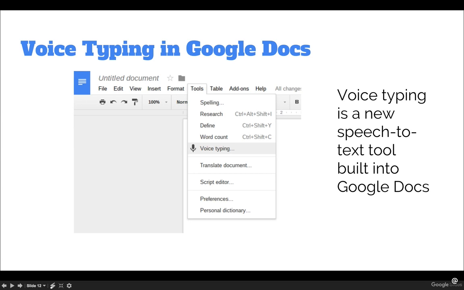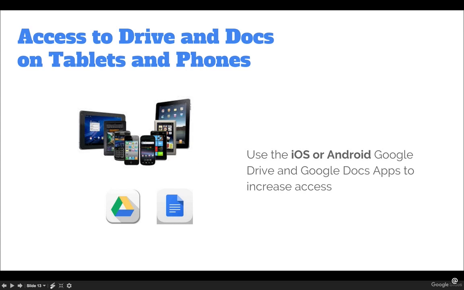But again, you know, voice typing, maybe students struggle as typists, if you will. And maybe activating voice typing would help them articulate their thoughts for a paragraph of information, or just get all their thoughts out there as far as what they're thinking of a certain topic, and then piece it together afterwards. I think it's a really valuable tool, and I suggest you at least try that. And then lastly,